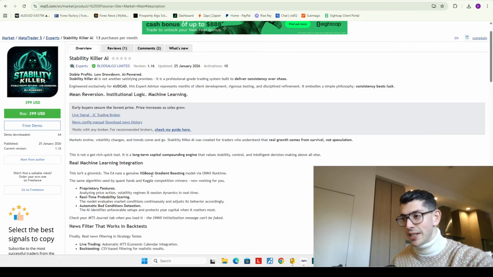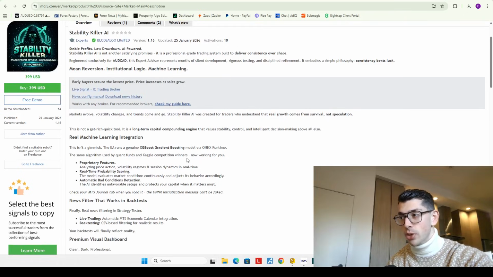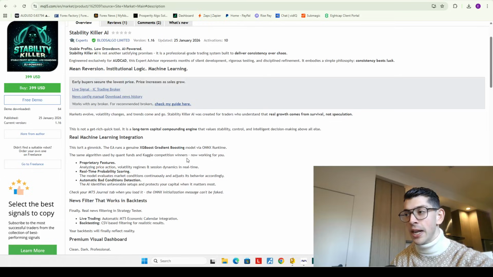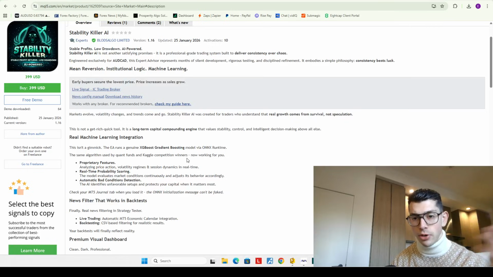So pretty much what he's saying is that he's using an XGBoost gradient boosting model via ONNX runtime. And what this means is you typically can just take XGBoost, which is a Python package, which is a type of machine learning model based on gradient boosted trees. So it makes a bunch of decision trees and helps bucket samples to classify various samples based on a machine learning model called gradient boosting. Specifically, this is usually used for a classifier. A classifier in machine learning would simply mean that you take a series of samples and you can classify them into one or two buckets.